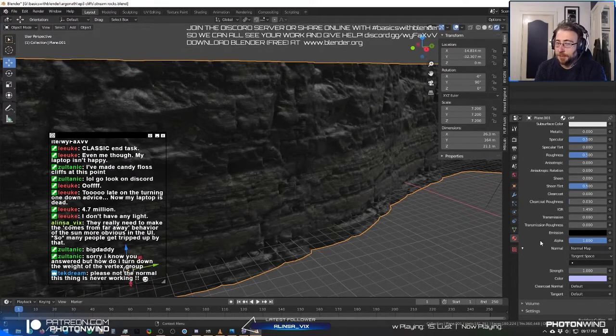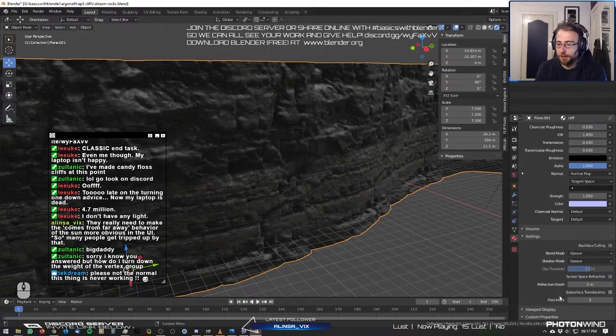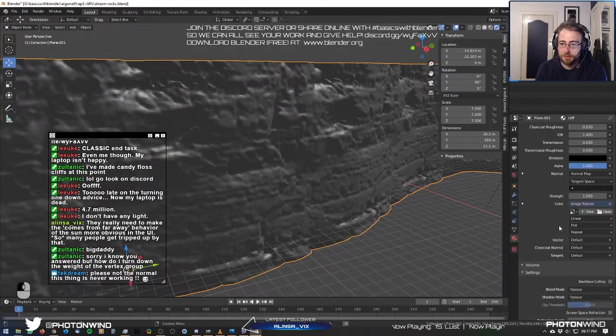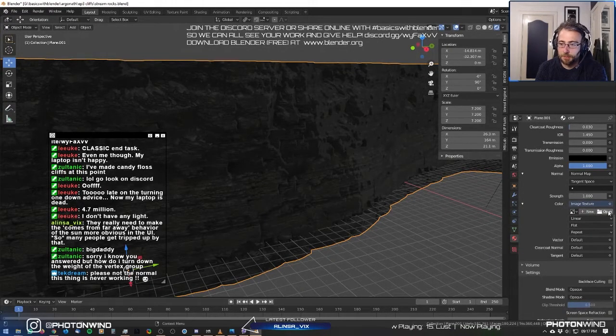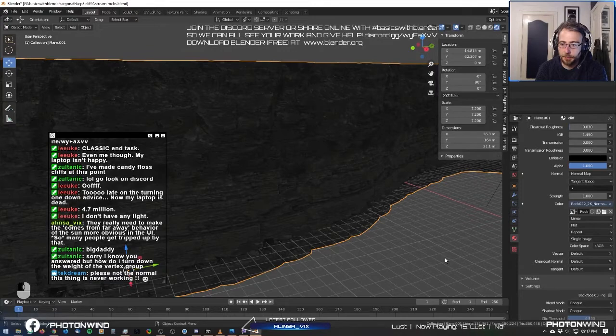So a normal map means it's going to use a specific kind of texture, and I'll explain that to you now. So under color, the same way we did for the base color, with a little circle next to it, click on that and choose an image texture, and that'll give you the option to choose and open a new one. So we're going to say open, and you'll see that you should have a rock normal texture. So if I open that up,